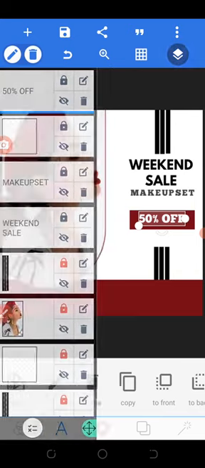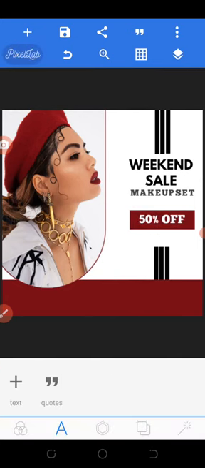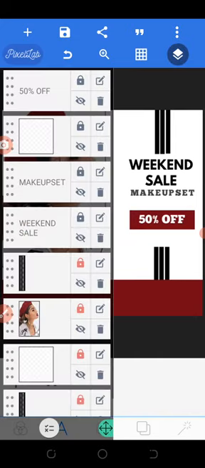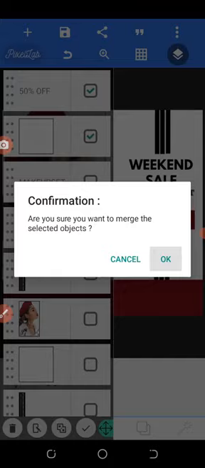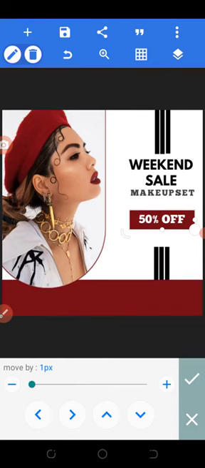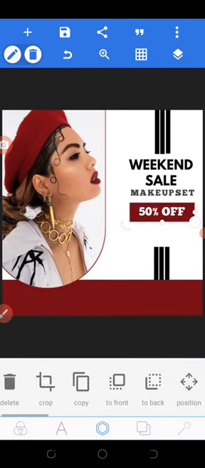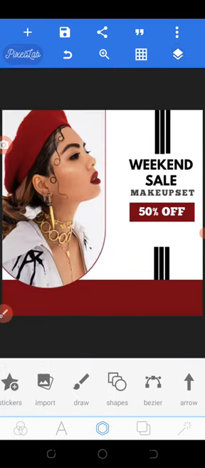You know what? Let's merge these two first. 50%. Okay, let's merge the two so that we can easily move the two together. As you can see. Okay, so now the next thing now, let's pin everything down, and let's come in and